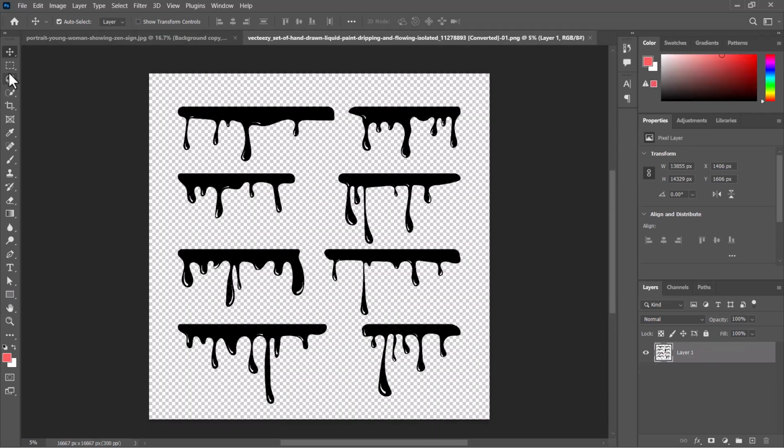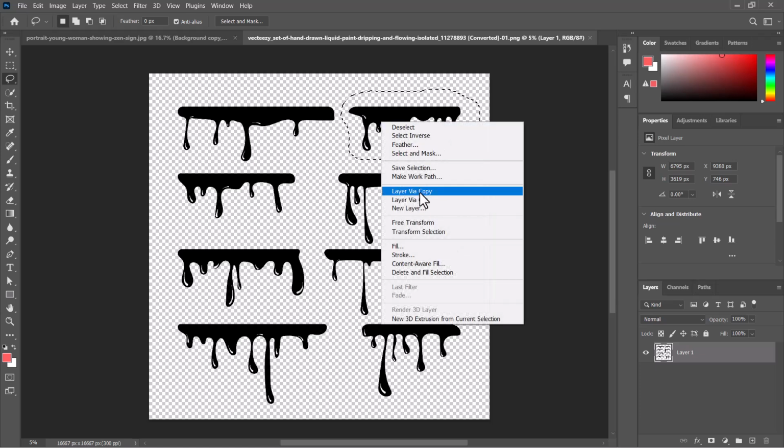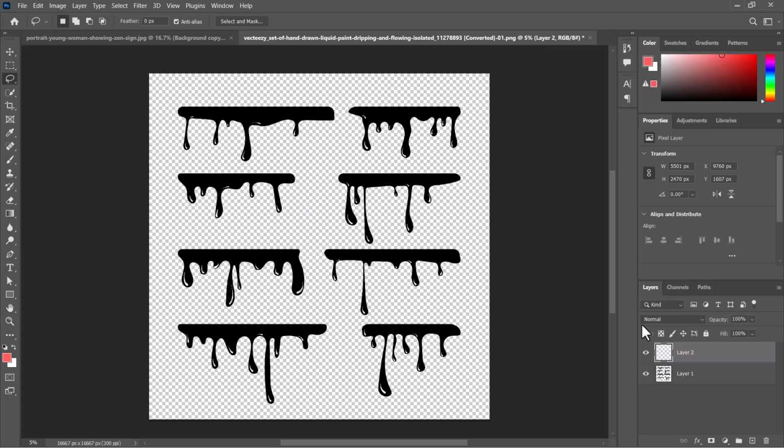Then I'll use the lasso tool from the options by the left. Click on lasso tool, then I would select this one like this. So when I highlight this, when I draw around it, it's going to give me this option to select it. Then I will right click on this and click on layer via copy. So it's going to create a copy of this particular